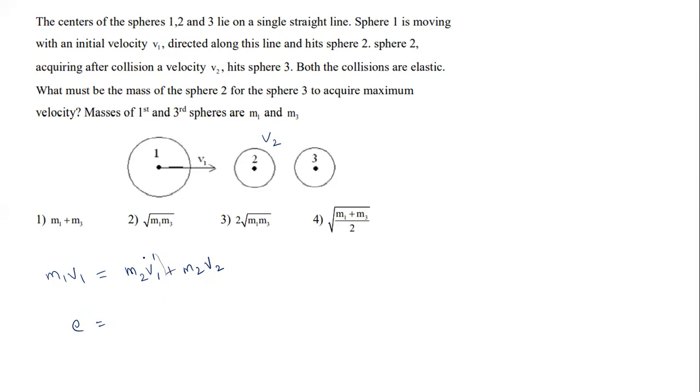So we have a new velocity. To eliminate this, we follow the coefficient of restitution. So that is v2 minus v1 dash, the relative velocity after collision, by the relative velocity before collision, v1. So coefficient e is 1 for the elastic collision, v2, v1. Okay. So you make this the subject, right?